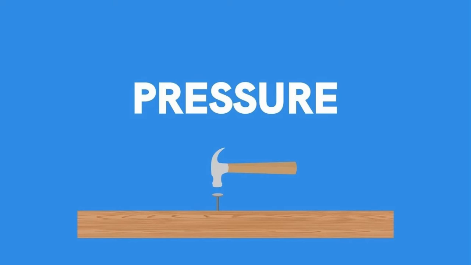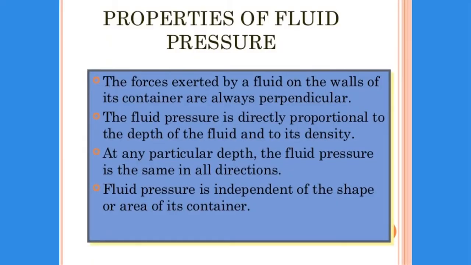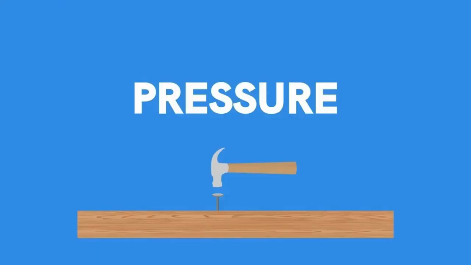So in case of fluids, that is liquids or gases at rest, the force must be applied at right angles to the liquid surface. And why is that? Because fluids at rest cannot sustain a tangential force. A tangent is a straight line that touches a circle only at one point. Now it follows that the pressure due to a given force would vary according to the area over which the